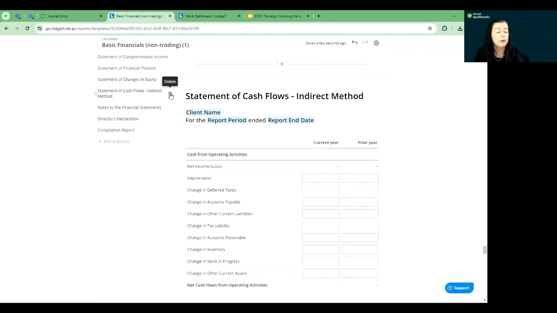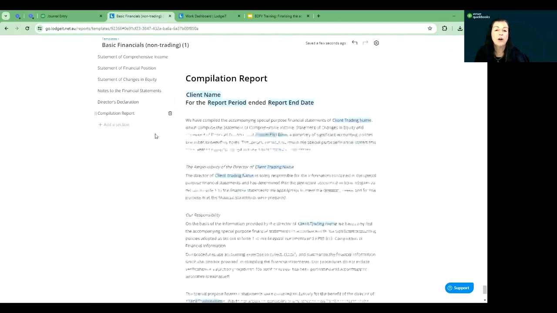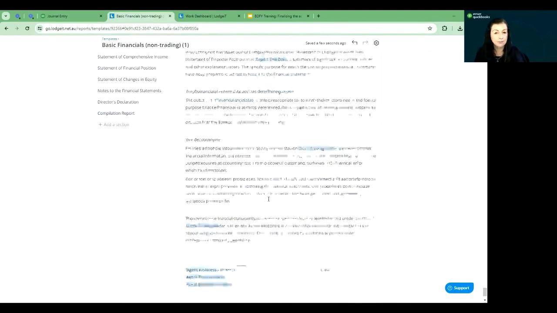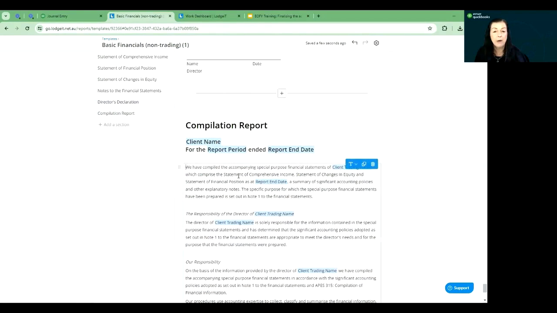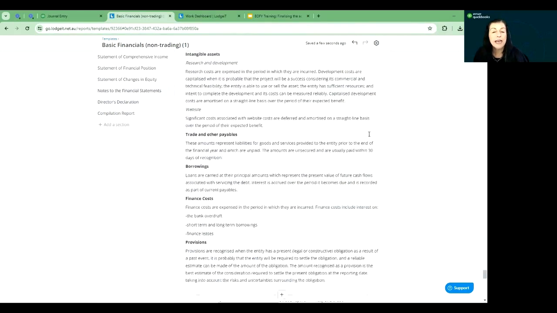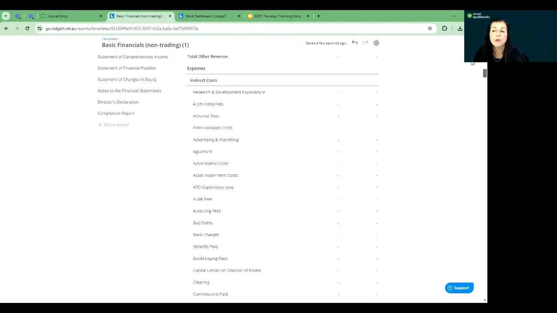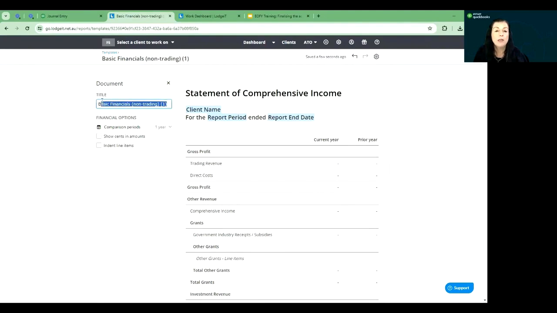If we do want to remove a report, we can delete that there. We've got our notes to the accounts, the director's declaration, and finally our compilation report. So if we did want to make any changes in here at a template level, we can do that. If we do that, that will save for our templates across all our company clients. Coming into the settings bar, settings toggle here, what we can do is we can actually create a different title. So we might prefer to call this